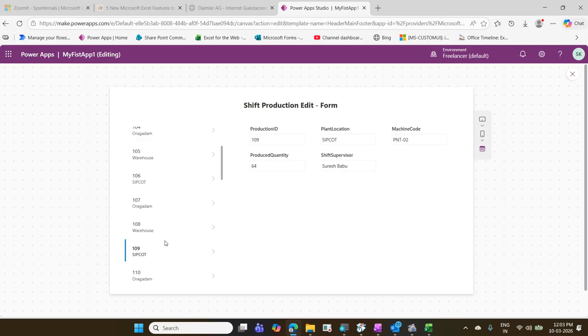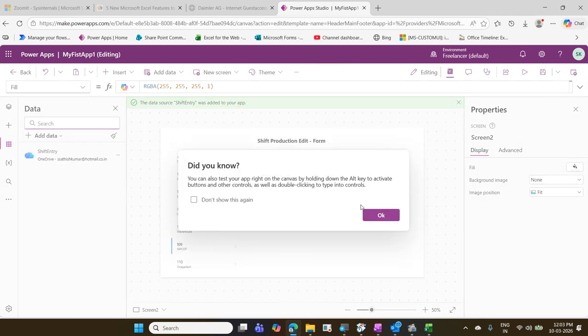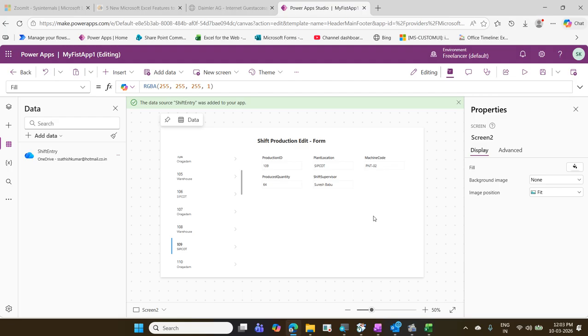Now try this. I want you all to try the next one. This is done. Suppose I selected 109. Product quantity is not 64, the product quantity is some other 70. And I change it. And let us insert